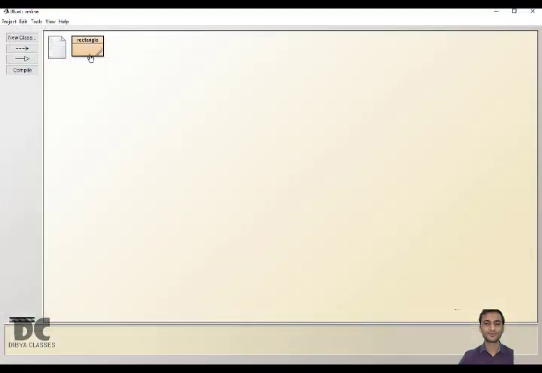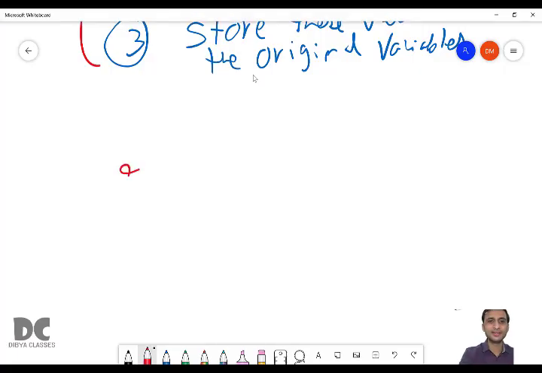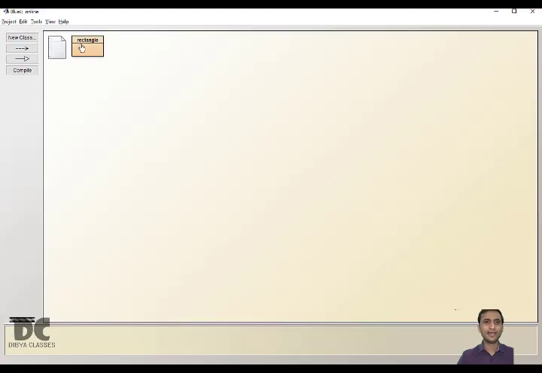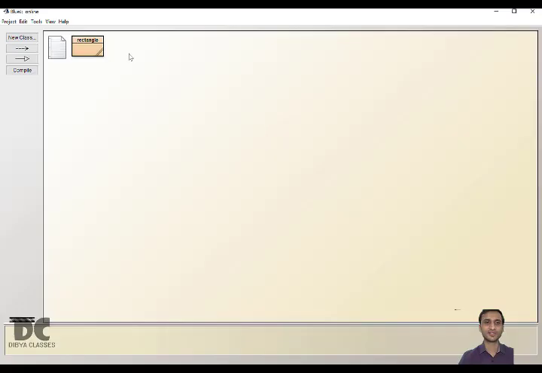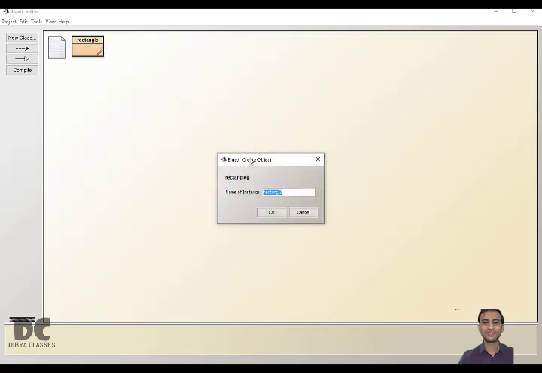Just see how in BlueJ the same thing is written. This is the class, and the class name is Rectangle. When you right click on it, can you see the new Rectangle with parentheses is given. When you run it, what is it showing? Create object. Have you ever seen this? Yes. Actually here we are doing nothing but creating an object in a graphical form.